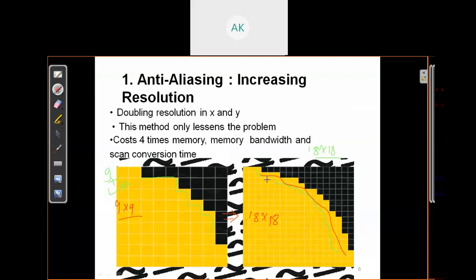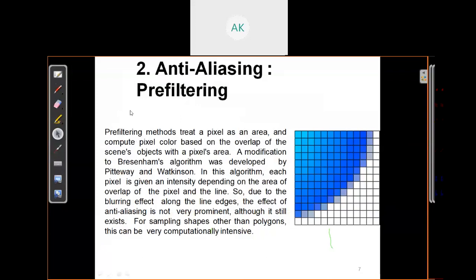That was the first solution. The second solution is pre-filtering. The pre-filtering method treats a pixel as an area. In this method, we treat each pixel as an area and compute the pixel color based on the overlap of the object with the pixel area.